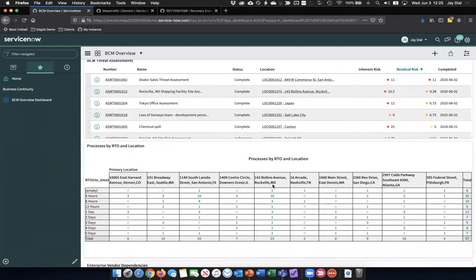So we can see for our Rockville, Maryland location that we have 10 processes that have an RTO time of 4 hours and 3 that are 8 hours. And so that increased risk from the pandemic scenario helped them realize that both the Rockville, Maryland and the San Antonio offices had just a high concentration of critical processes, and they needed to pursue geographic diversity and redistribute these key functions across their national offices, especially when compared to some of their other offices where there's hardly any critical